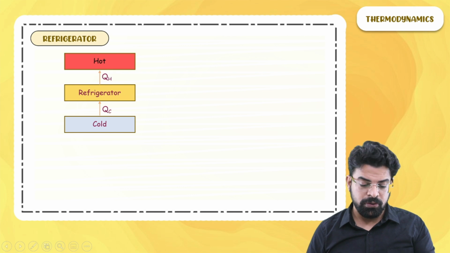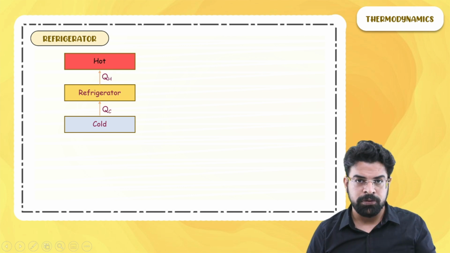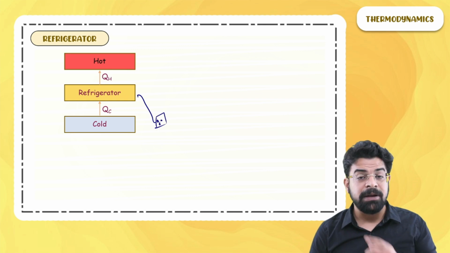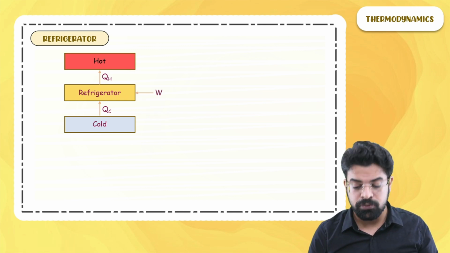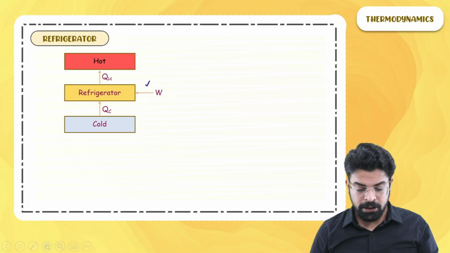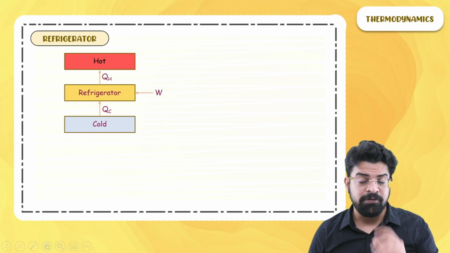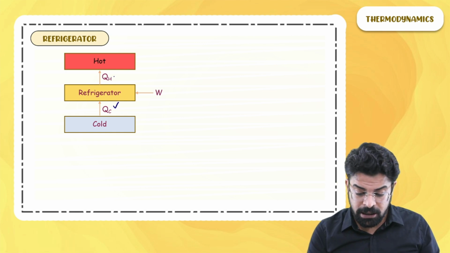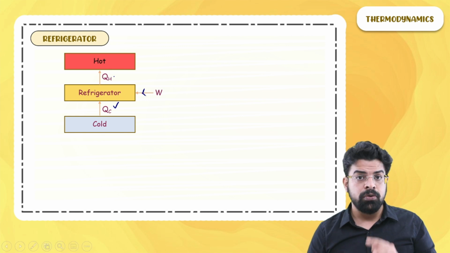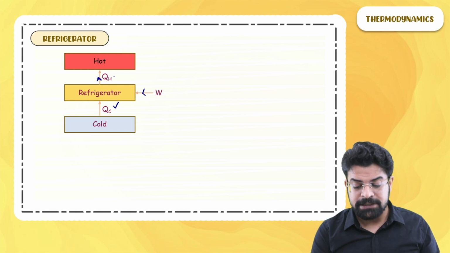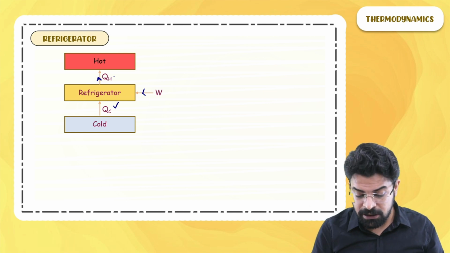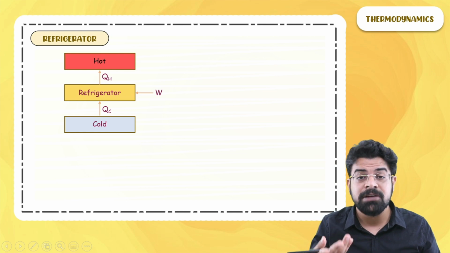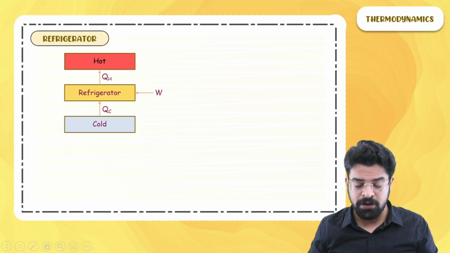Now to do so, refrigerator doesn't work on its own. We have to connect it with a plug, right? So we have to supply energy, and let's say we have to do some work to get this process done. So a refrigerator is a device which extracts heat from a colder object, requires some work to be done to do this, and then provides heat to the surrounding. The refrigerator rejects heat. That's why the back side of the refrigerator is hot, right? It rejects heat to the surrounding.